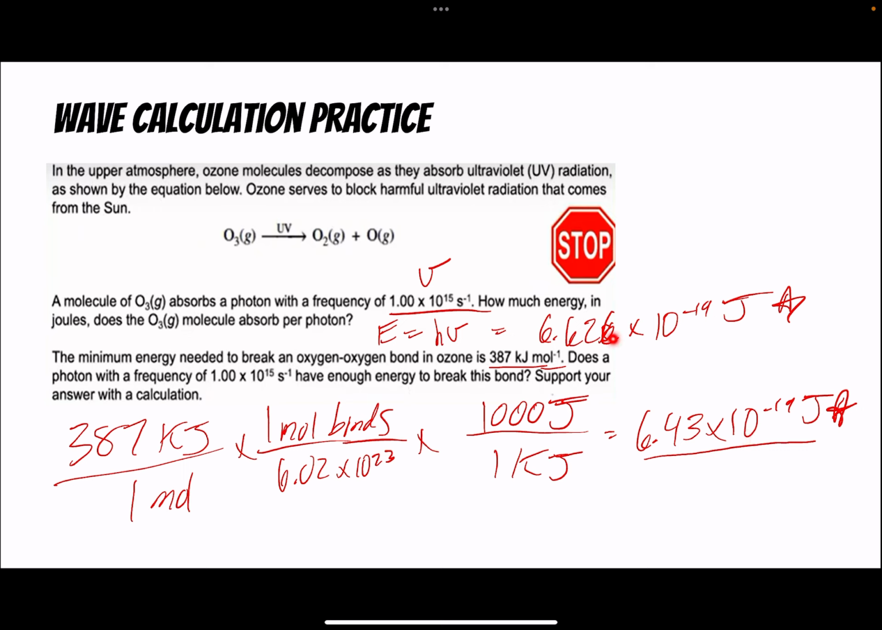So if you have 1 times 10 to the 15th hertz, that photon with that frequency has this much energy, and it can break this bond. So the answer